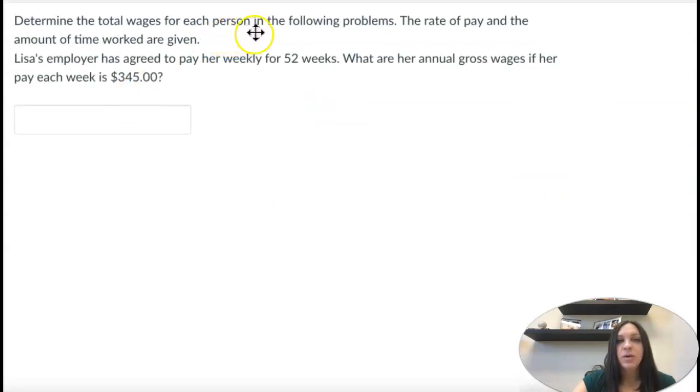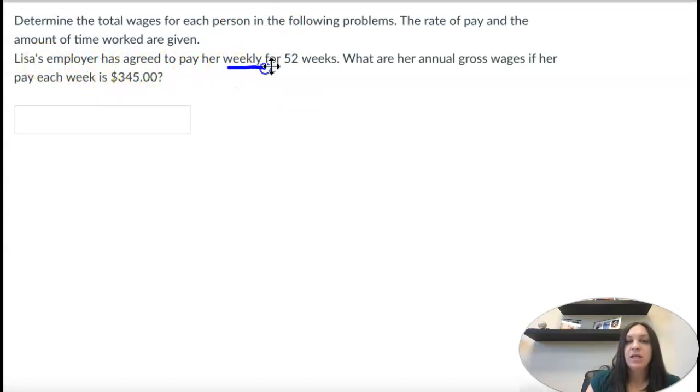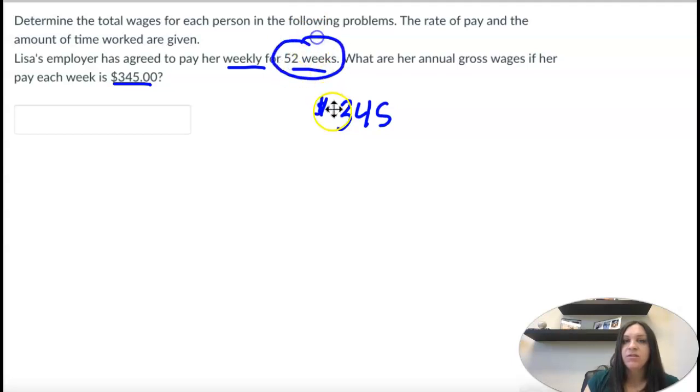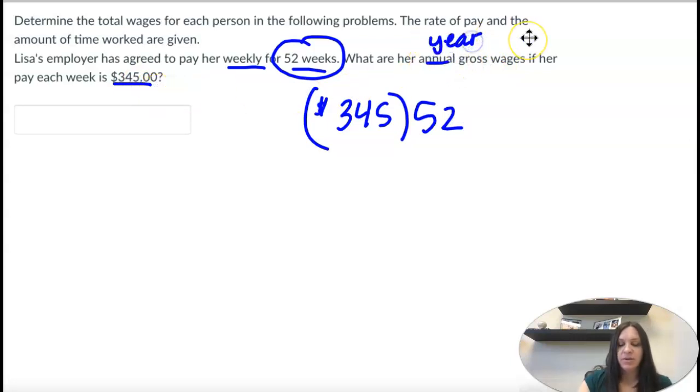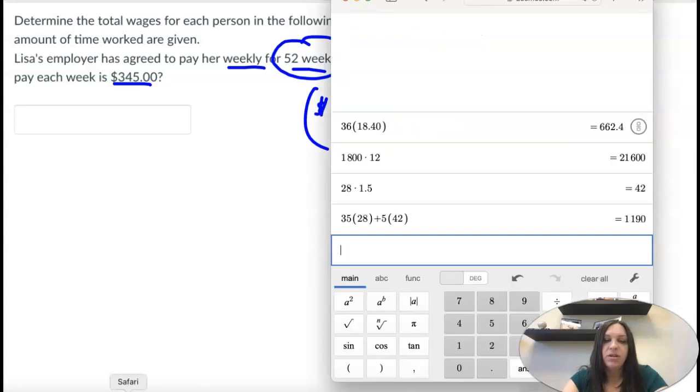Okay, determine the total wages for each person in the following problems. Lisa's employer has agreed to pay her weekly for 52 weeks. What are her annual gross wages if her pay each week is $345? So $345 per week for 52 weeks. That's going to be her annual. That's her year amount. Okay, so $345 times 52,